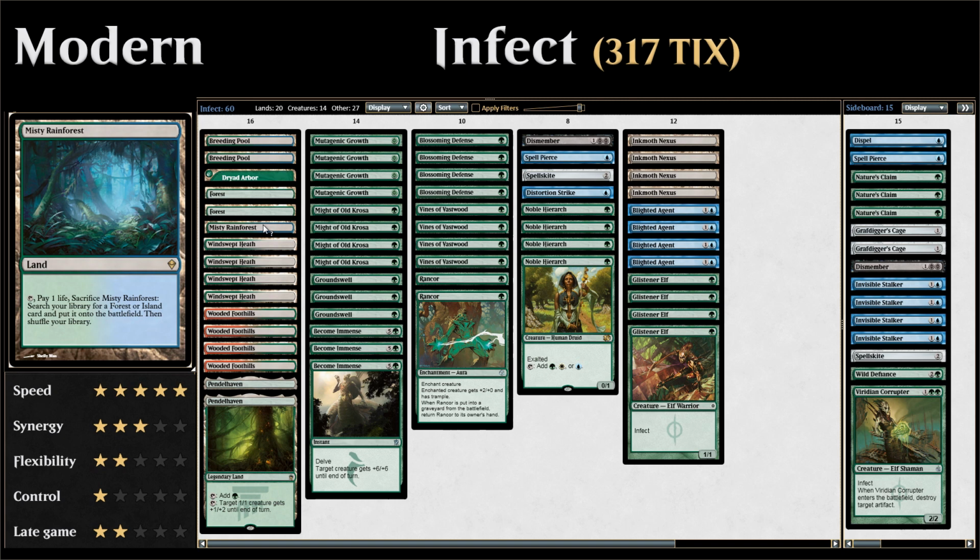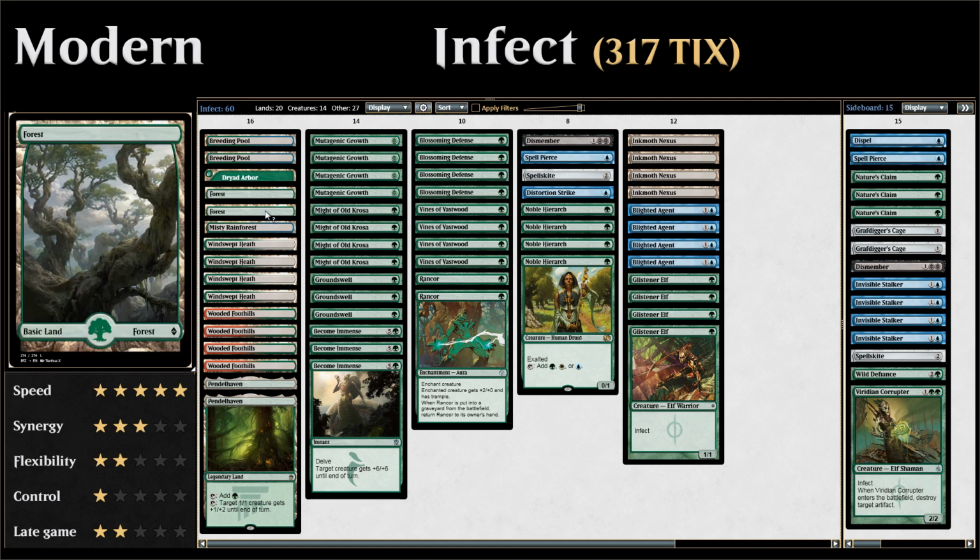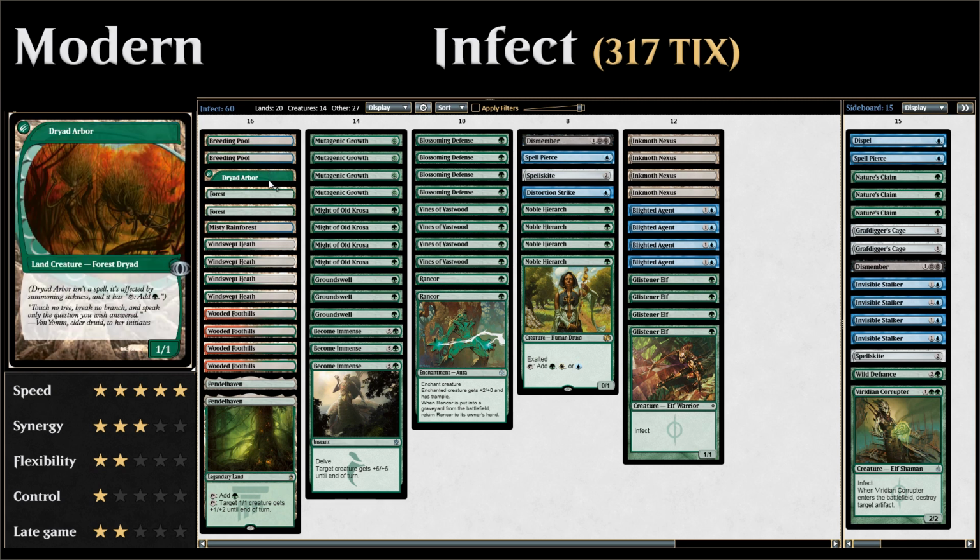Doesn't really matter which ones you get as long as they can fetch a green source, since we're not playing a basic island in this deck. We've got 2 basic forests we can fetch up with those fetch lands, and 2 breeding pools. And we also have a copy of Dryad Arbor, which we can fetch up with our green fetch lands,